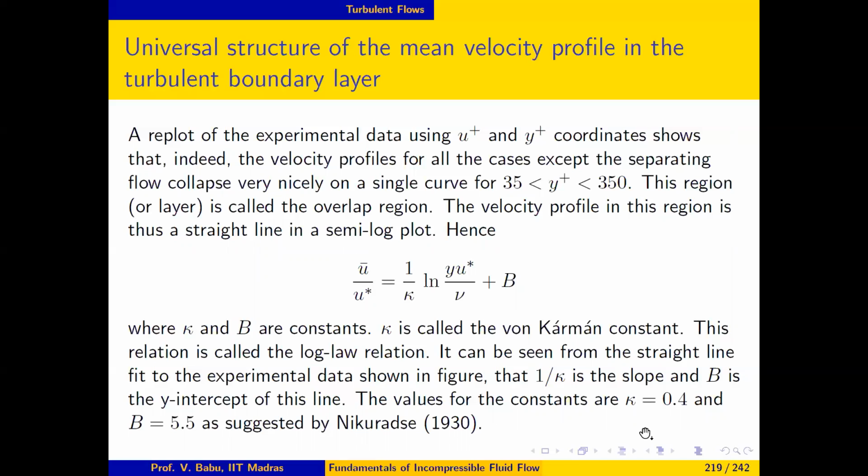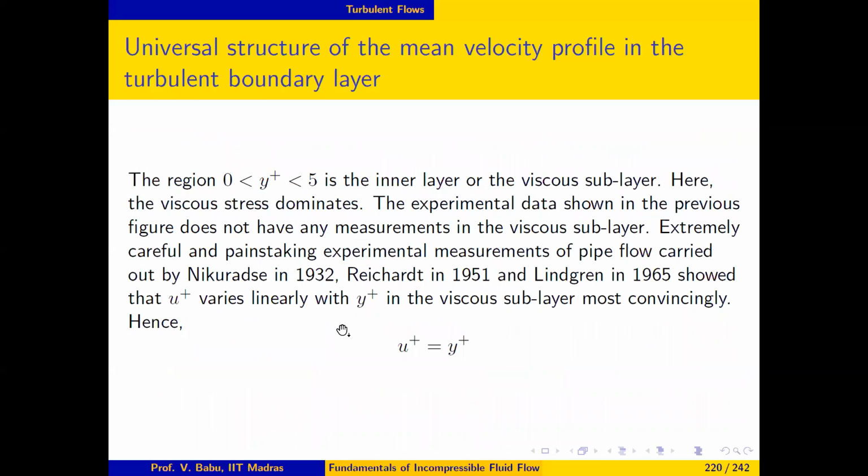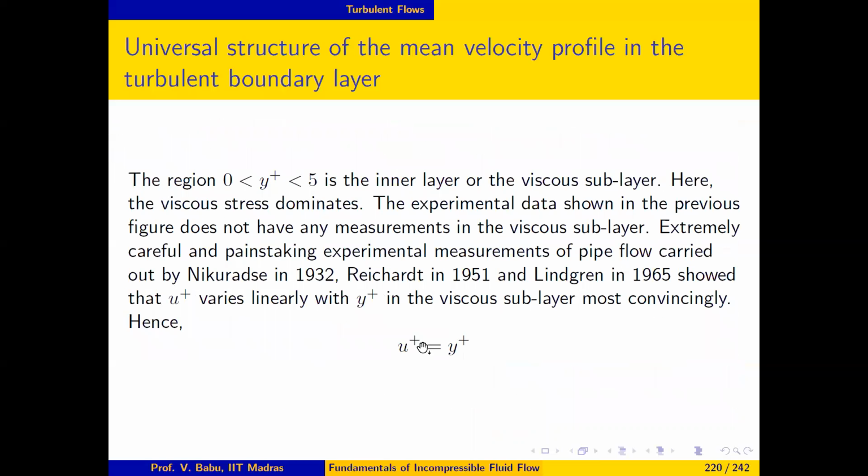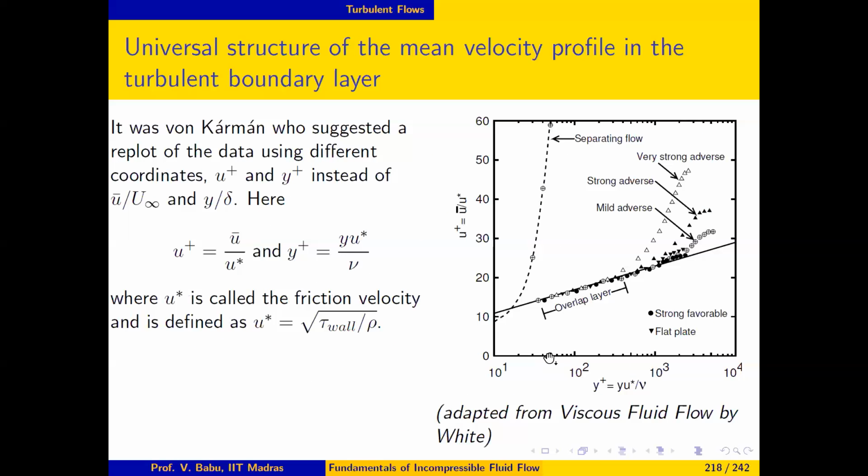The usually accepted values for these constants are kappa equal to 0.4 and B equal to 5.5, as suggested by Nikuradse. So notice that there is no data in the inner region here, and we know that the inner region is the region where viscous stress dominates and the fluctuations are completely absent, so there is no turbulent shear stress. There is no data shown here, but it is well known from other experimental data in pipe flow that in the inner layer, which actually has many names,